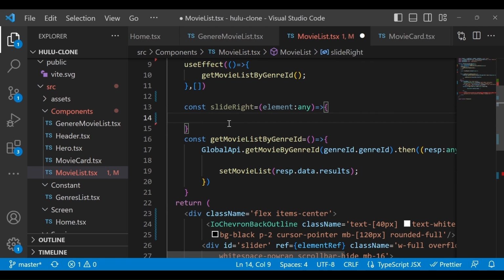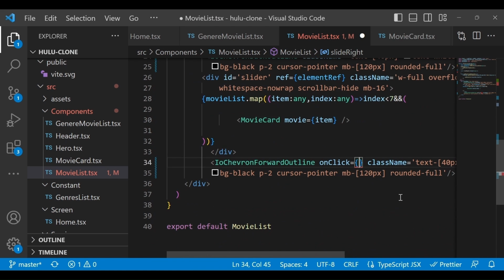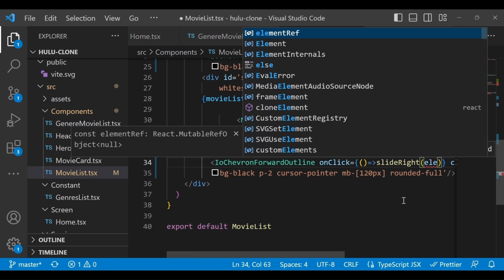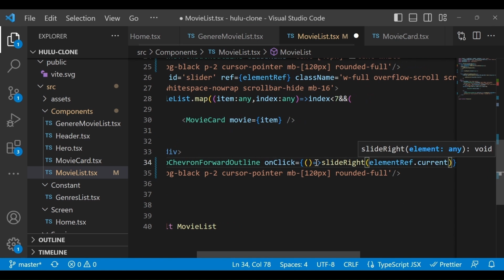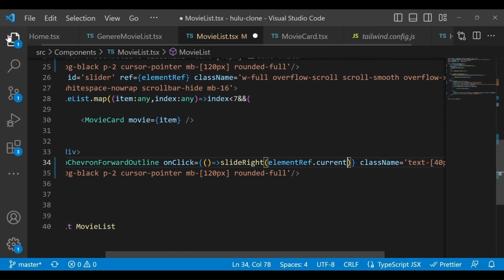And here what you have to do, make sure you will pass it here as an arrow function, and you have to pass the element reference dot current. Okay. So current element reference, you will pass it here. Let me bring this down.